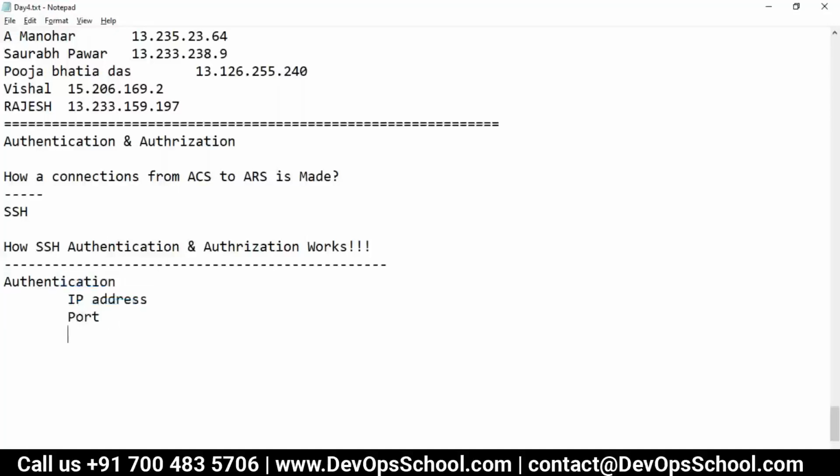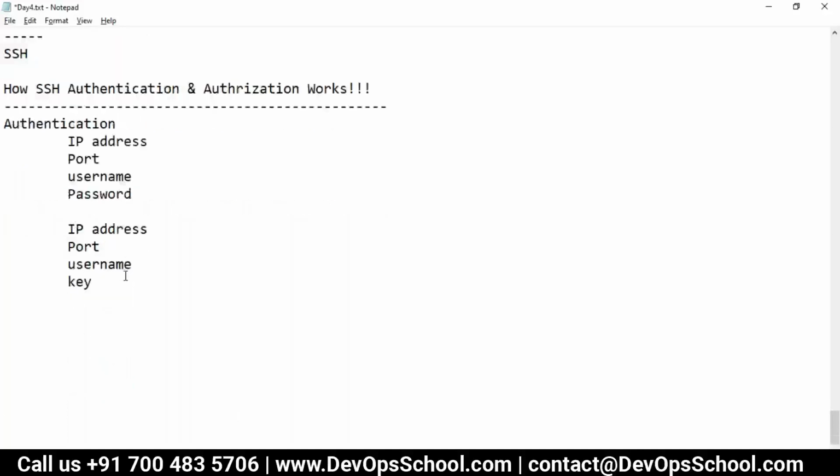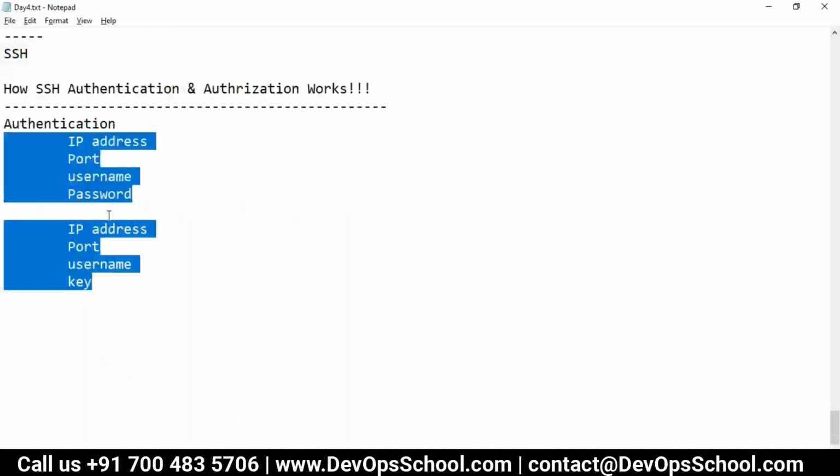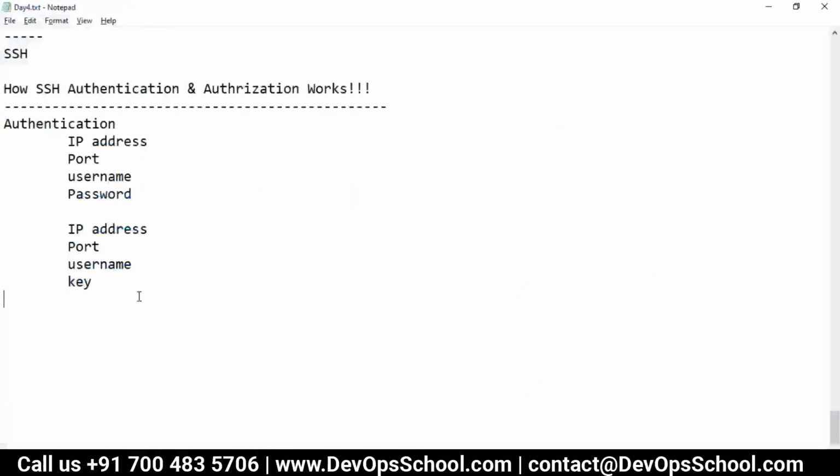Okay, what else? Root password or sudo user and password. Are we having anything else also? Key. Wonderful. So this is the way one Linux machine connects to another Linux machine. So these are the two ways.